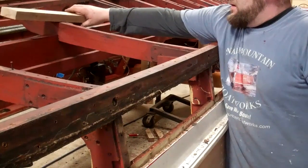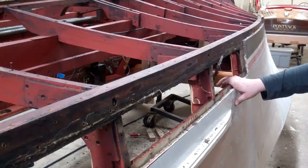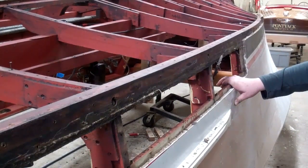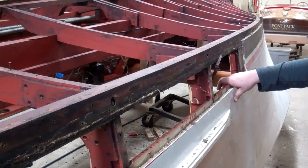Yeah, and 45 would be okay if there were some way to make it even more of an angle. The scarf joint will get much stronger, right? Right. So we might even try to take it up to 60 degrees, because the longer the scarf is, the stronger the joint is. And